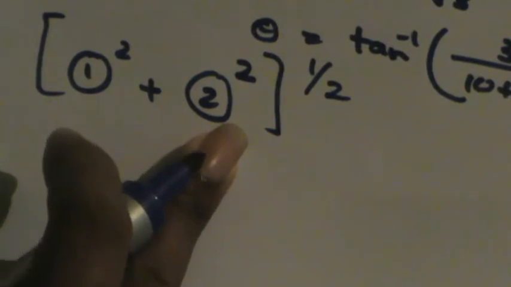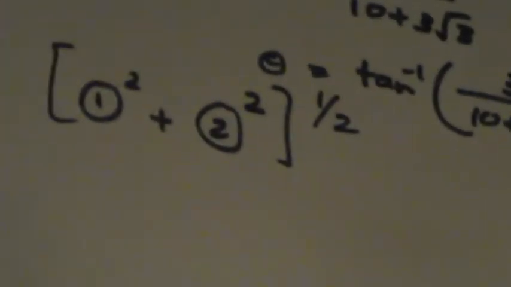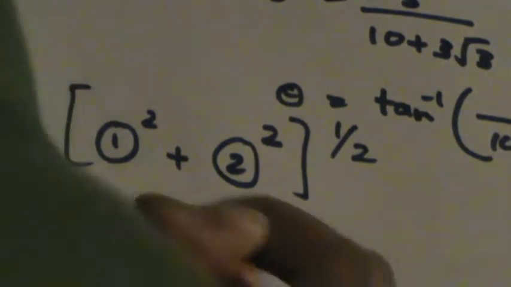So the first one squared will be f squared cos squared theta, the second one squared will be f squared sin squared theta, so that will be equal to f squared times sin squared theta plus cos squared theta. You know from trigonometry that sin squared theta plus cos squared theta is equal to 1, so if you are not well versed in trigonometry, I invite you to watch my videos and come back and see here. So sin squared theta plus cos squared theta is equal to 1, so only f squared will be here, so the root of that will be f here. So this will be the square root of 10 plus 3 root 3 whole thing squared plus 3 squared. I will not simplify the value of f here.